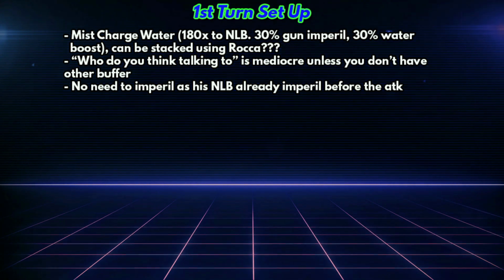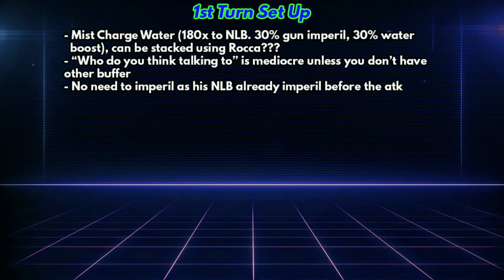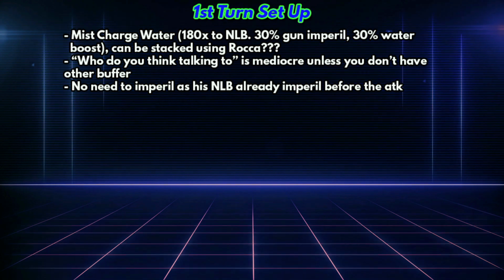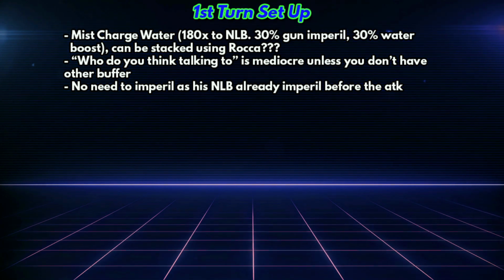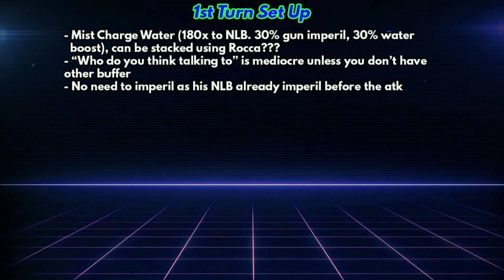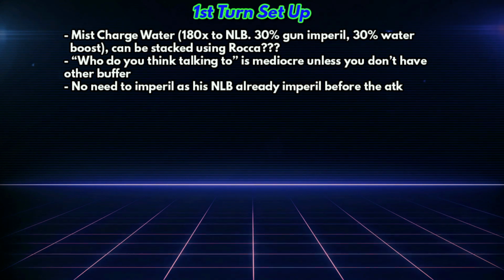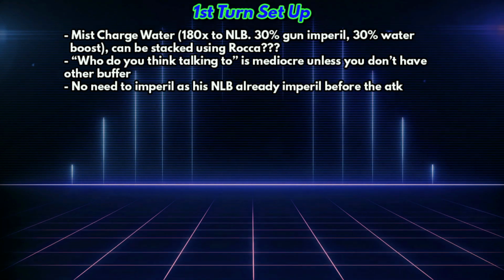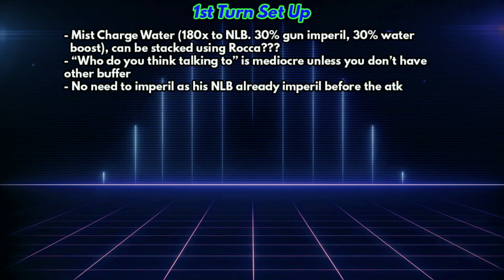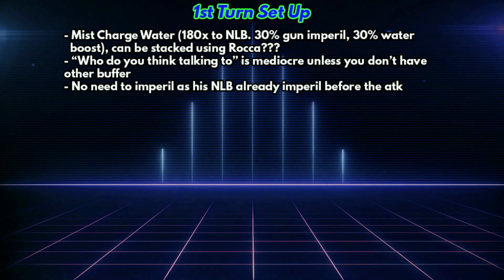And after using that, simply use your Grandis. Okay, his Grandis is useful if you're still on X+1, but if you have X+2, then you don't need to fill his limit burst gauge. And 200% limit burst damage and 300% attack are kind of mediocre, unless of course you don't bring any buffer on your party. Okay, and yes, you don't need to imperil in the first turn because your LB imperils the